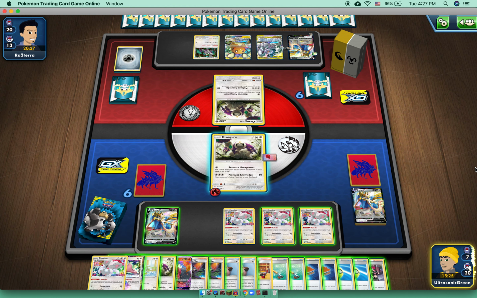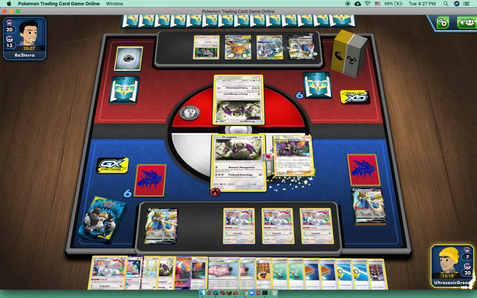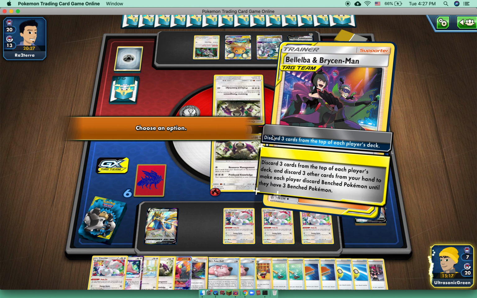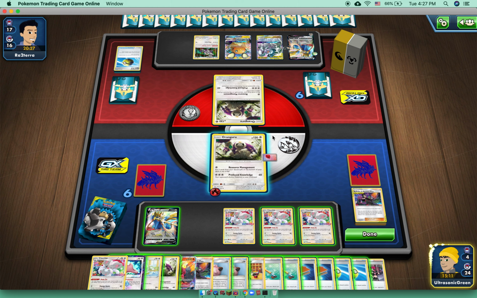Alright, so we hit a Bellaba. So if we Bellaba now, we shouldn't discard any Crushing Hammers. And that actually puts us in a good spot. So we'll discard 3 from the top of each player's deck. Yep, okay, so we don't lose anything huge there. They lose a Saucer and a Custom, which is always cool to see. And